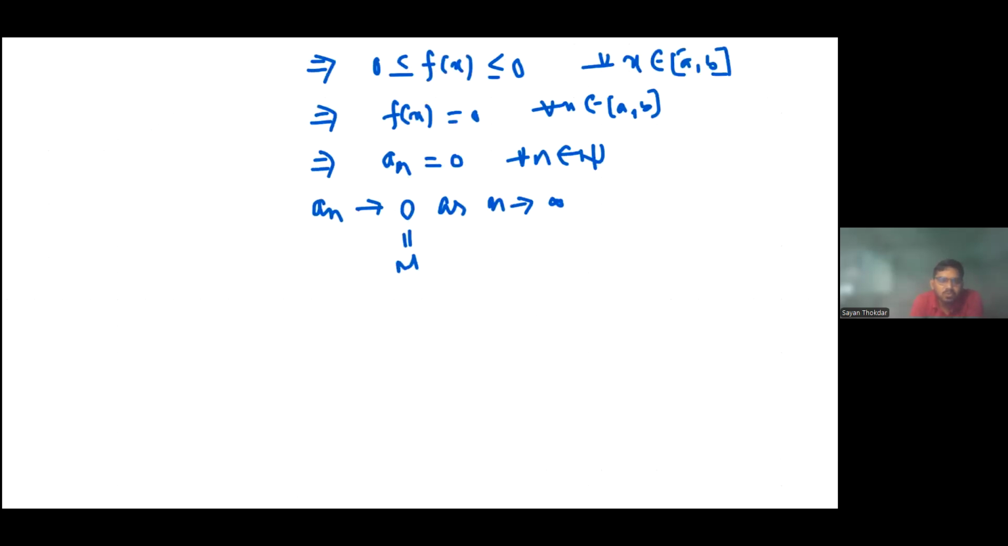Case 2: when M is greater than 0. Since M is greater than 0 and M is the supremum of f of x, and since f is non-negative, we don't need to consider the modulus. Again and again I am saying it. Since M is the supremum, if we subtract some positive value from it, then by the property of least upper bound, because it is a least upper bound,